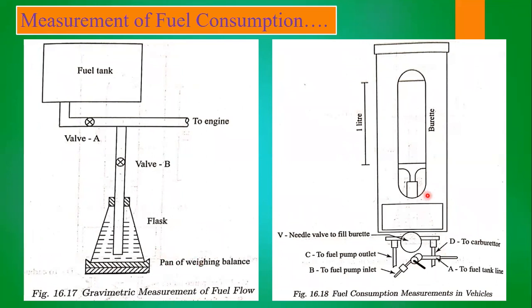Next, coming to the fuel consumption measurement in vehicles. This is the third method, fuel consumption measurement in vehicles. I already said this to you. This will give us the accurate measurement. It is going to involve traffic signals, that means according to the traffic, how much fuel is consumed. It depends on driver habits, that means the type of acceleration and deceleration given, and depending upon the cold start.